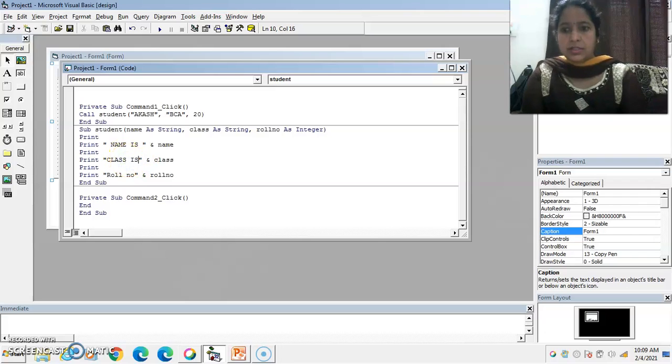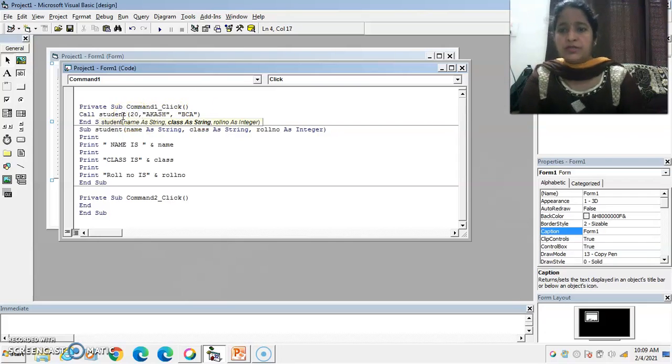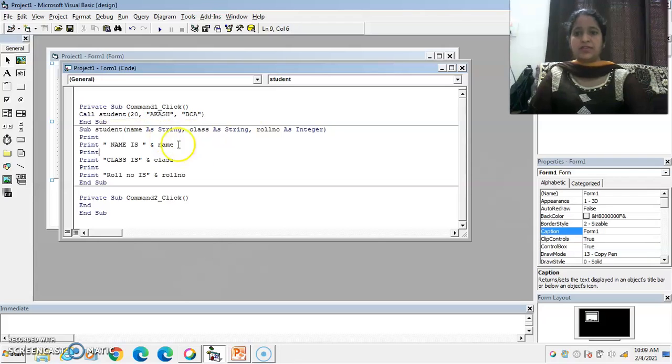Now I am changing here the order. Suppose write down the value for roll number first of all here. Means first of all pass the value for roll number. I have changed the order of the formal arguments and actual arguments. First 2 arguments are of string type, at last numerical type.